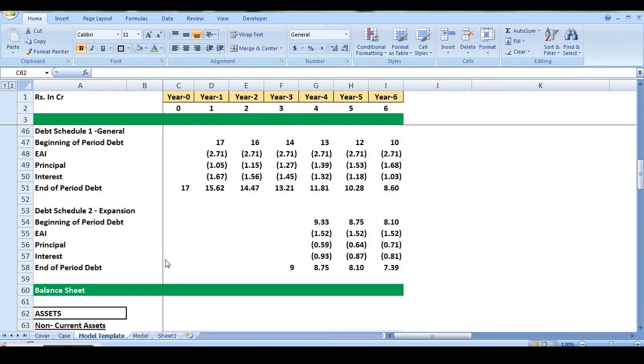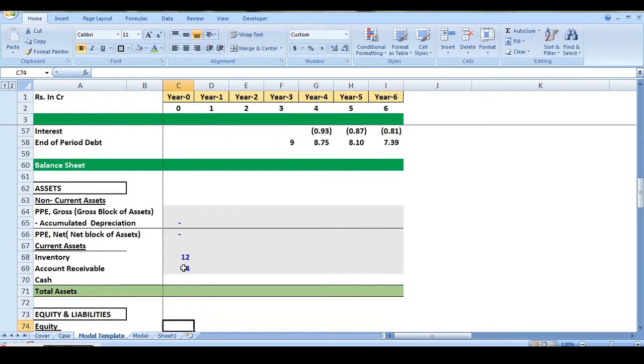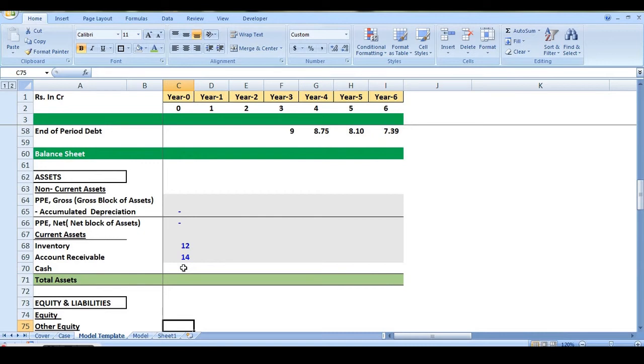Now, after preparation of income statement or profit and loss account, we will move to the balance sheet preparation in this given case. Now, whenever you are preparing a balance sheet for any organization in financial modeling, try to see that you are preparing the balance sheet again as per company formats, the format given for companies, which is basically assets first and then liabilities.